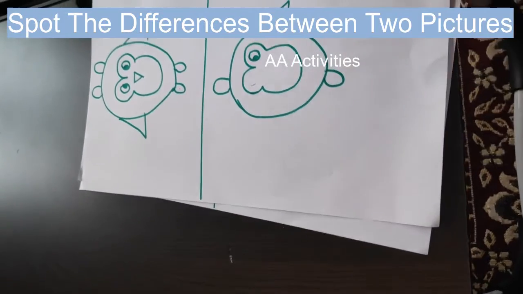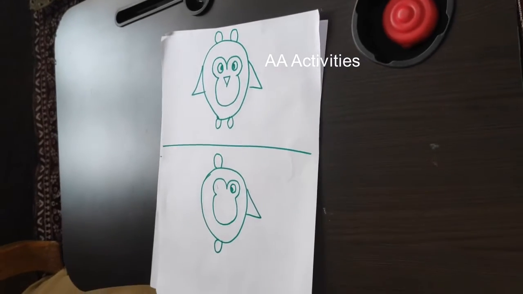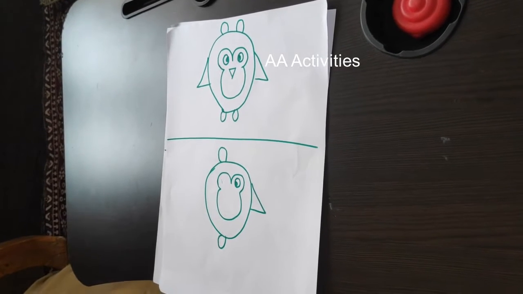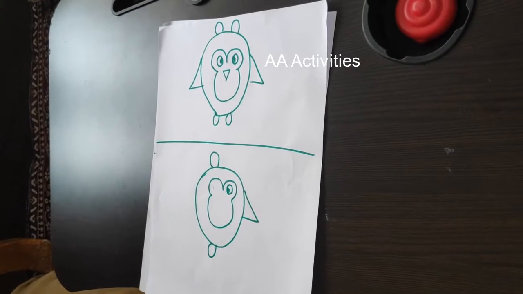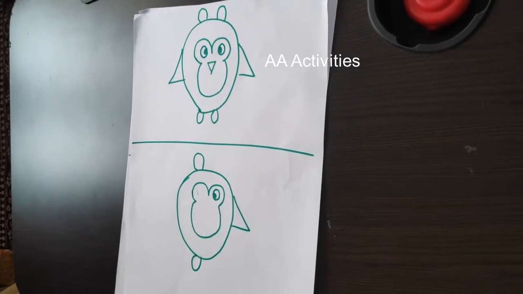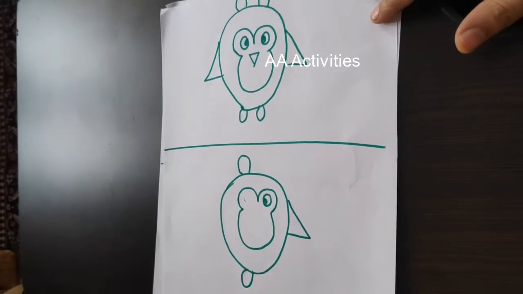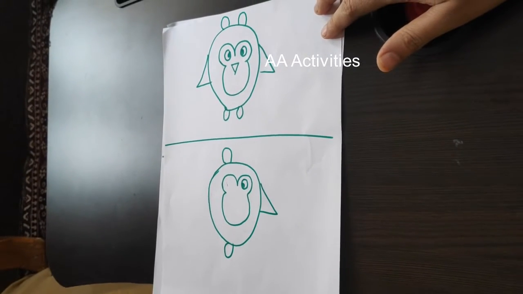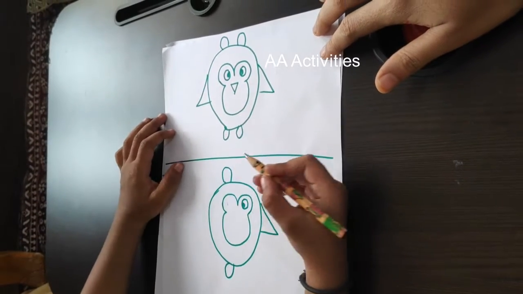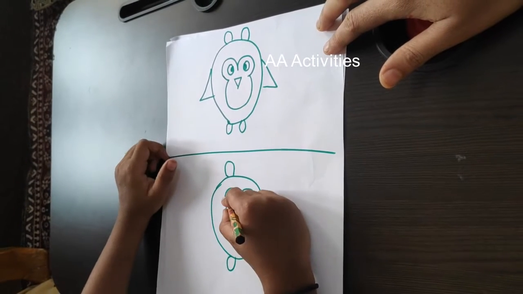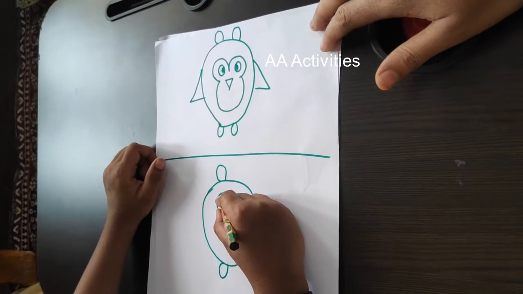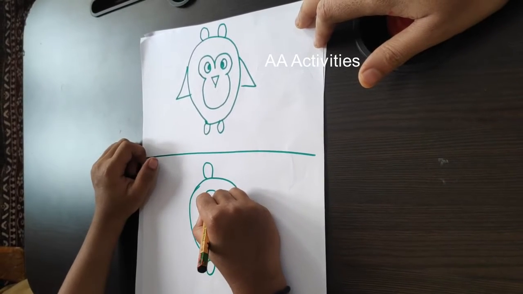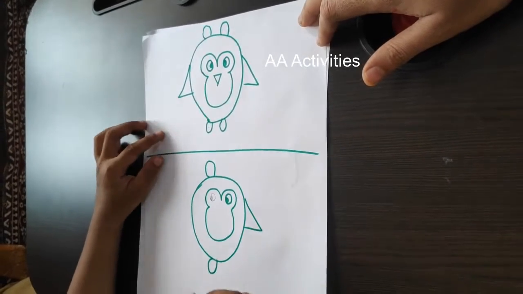Arjun. So Arjun, here I gave you two pictures. You should find out the differences, okay? So here you should find out five differences. Find them and circle them, okay? Do. While doing it, you count also, okay? Five differences I said, right?